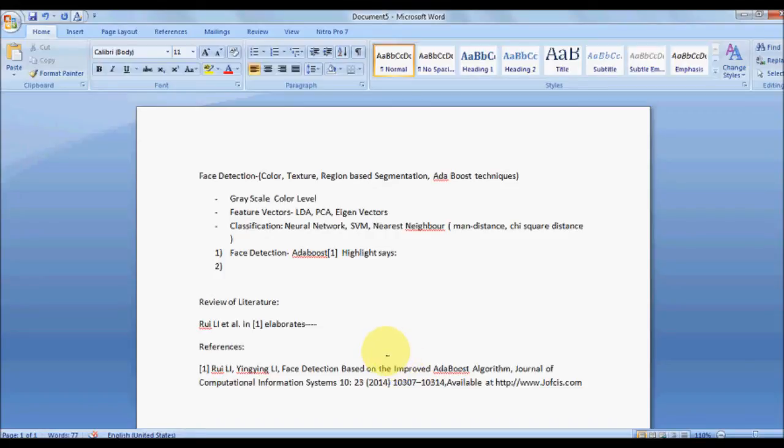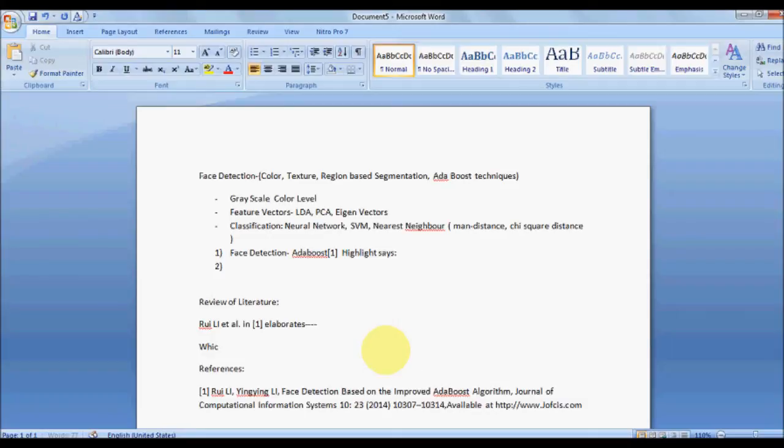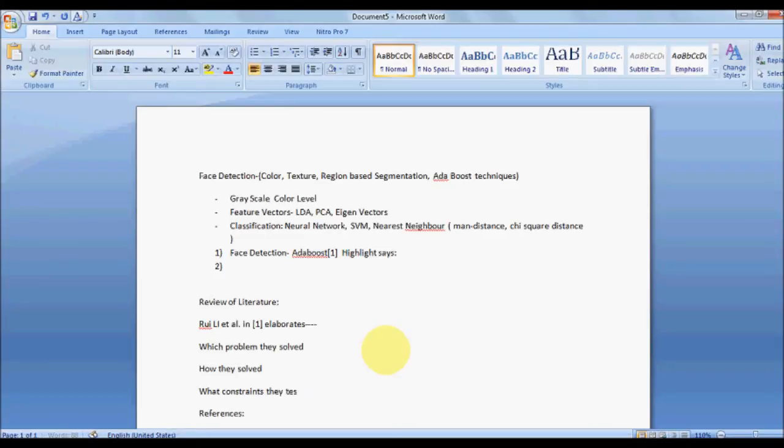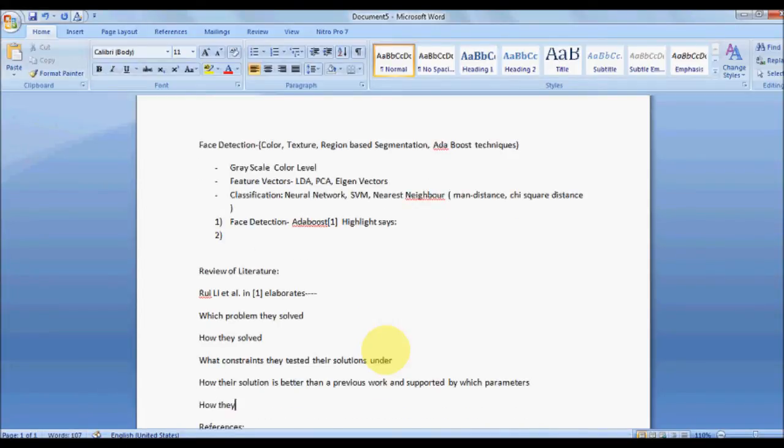Then you have to go on writing what their technique is all about, then which problem they solved, how they solved, what constraint they tested their solutions under, how their solution is better than a previous work, and supported by which parameters, how, what is the result of the paper,